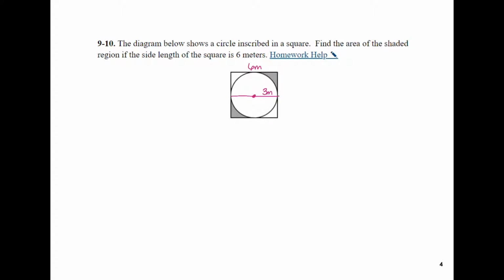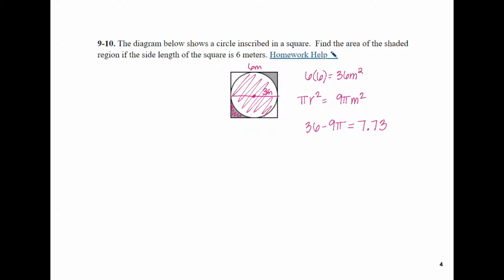To find our area of our square, we're going to do 6 meters times 6 meters, which gives us 36 meters squared. To find the area of our circle, we're going to do pi times the radius squared, which equals 9 pi meters squared. We need to subtract the circle from our square, so 36 meters squared minus 9 pi equals approximately 7.73